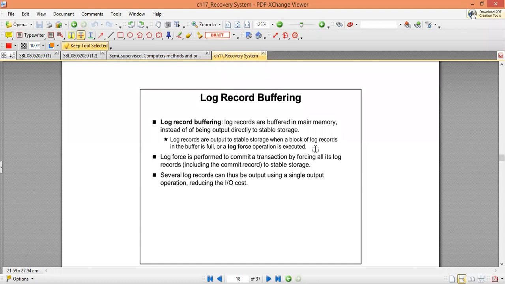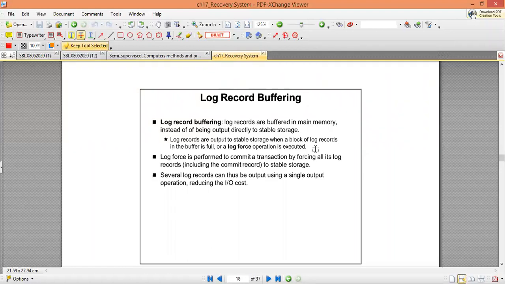And instead of keeping a copy in the stable storage all the time, log record buffering keeps a copy in the main memory buffer block. And once the buffer block is full, in one go, the log force operation will be performed to keep the record of the log in the stable storage.